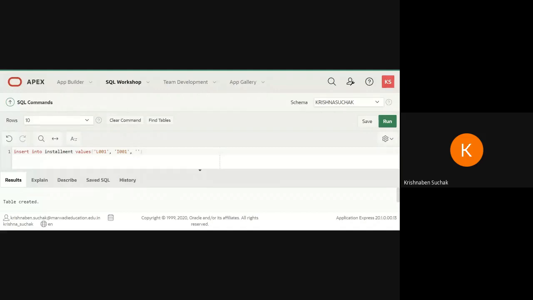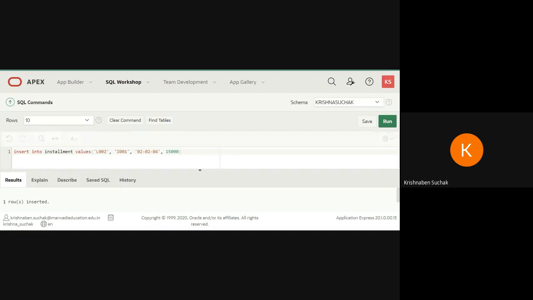Date I need to insert in inverted commas and my date format would be 02-02-04, 2nd February 04. And I need to insert the number. So here I am inserting 15,000. Okay, then I will go for that. So one row is inserted. Now I need to insert two more.